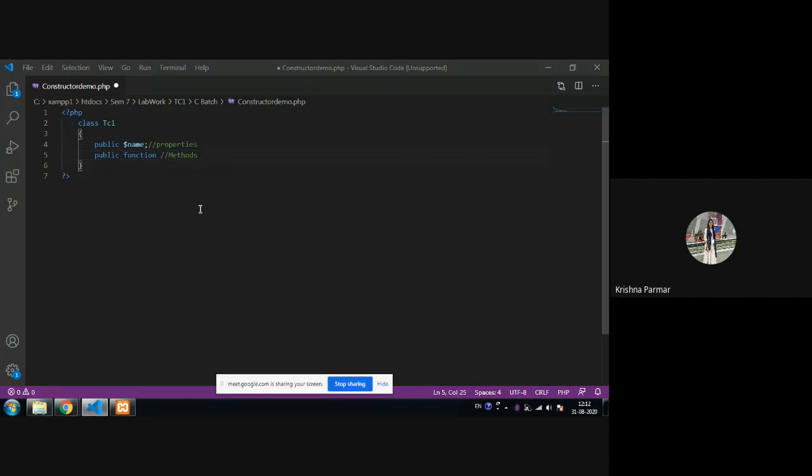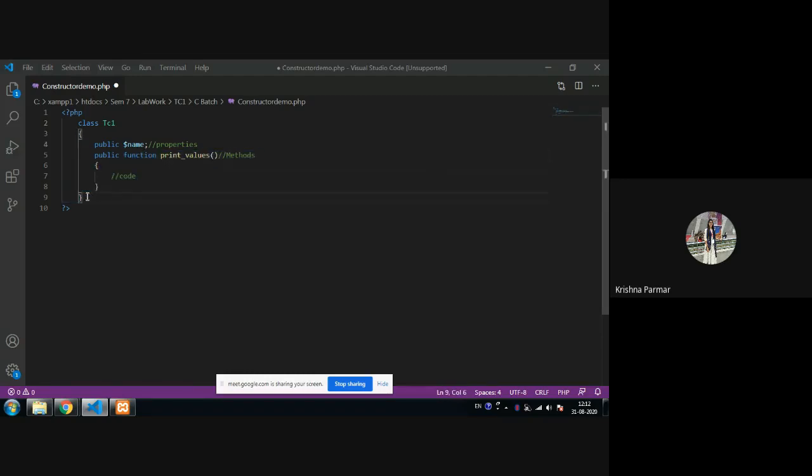So public function, and you can give any name like print underscore values. Then, if you want to pass any argument, you can pass it; otherwise it is fine. Then in curly brackets, you write the code here, whatever you want to write. That is called function creation, or we can say method creation.